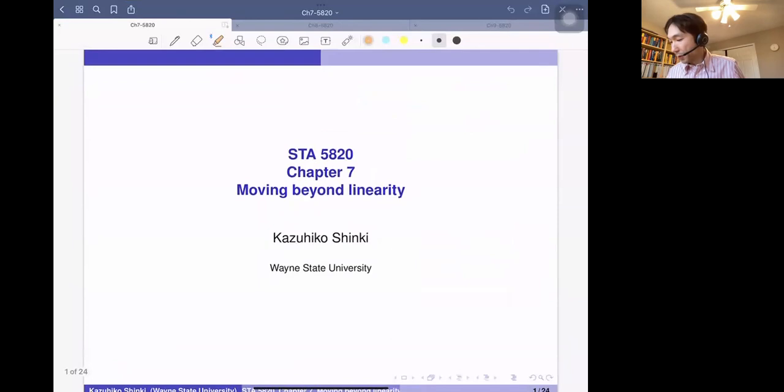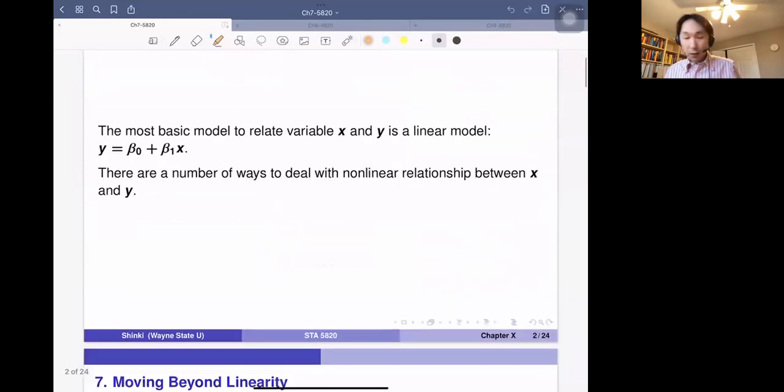Okay, so chapter 7, moving beyond linearity. A statistical model often assumes y and x have a linear relationship. What's the reason? Because it's the easiest way to model it. Whether or not it's the truth, we often use the model y equals beta naught plus beta 1 x. And this is a statistical model. We have an additional term